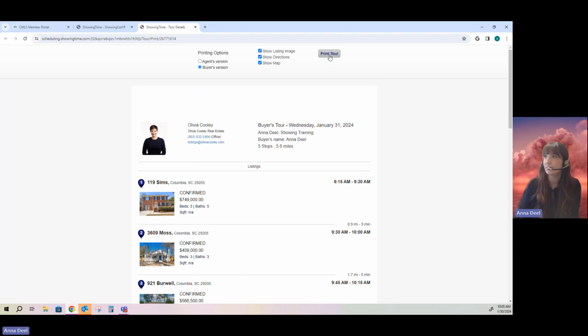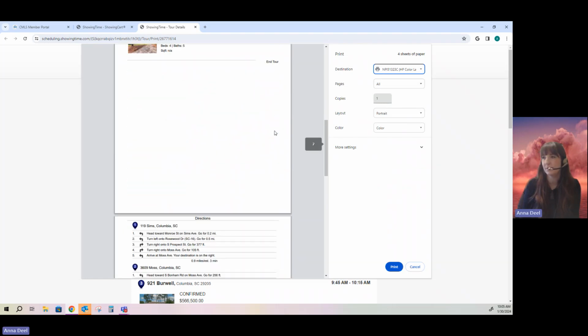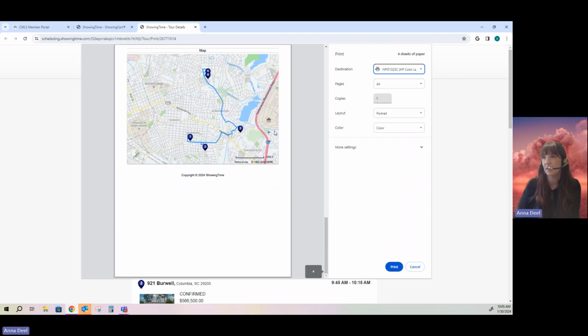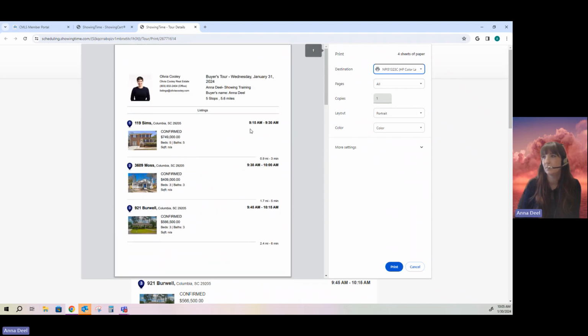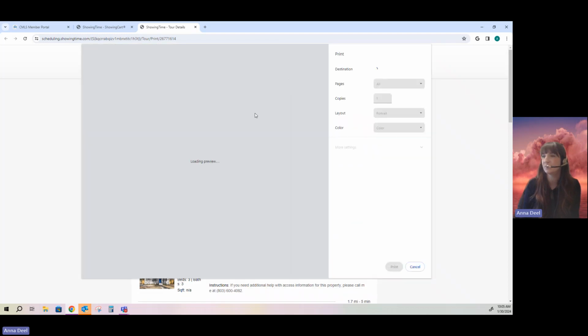So here I can say print tour. It does take a while to upload. So here, if I go to print this, look how professional and thorough this looks for my client, right? And of course, I'll print one for myself, the agent version side of things. So if I go to do agent version, print tour,